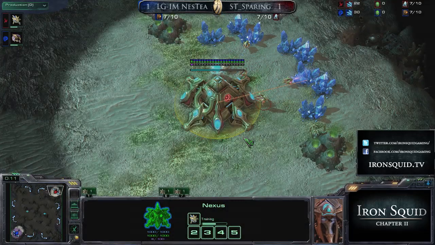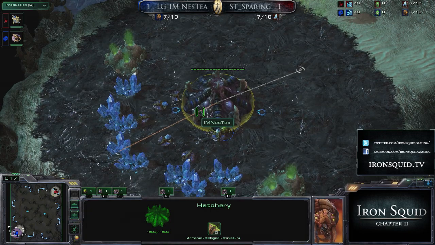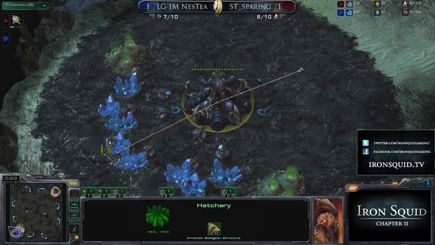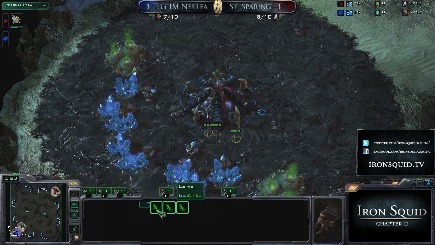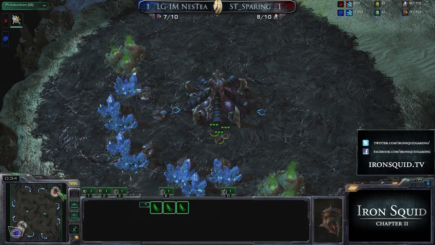In the game right now, to the bottom left, we have, for Incredible Miracle, Nestea, our Zerg player here. He was able to win the first game, lost the second though. Looks like he's going for a 7 pool. Yeah, he's not building anything at this point, and he has the larva, so, well, let's just introduce our Protoss